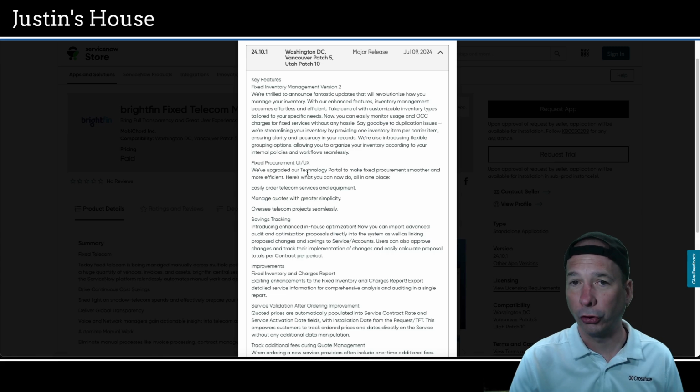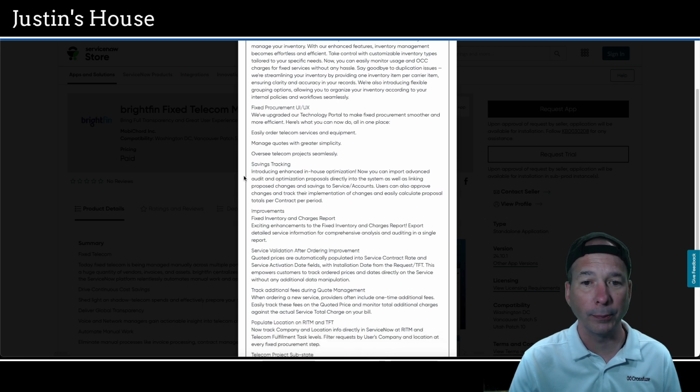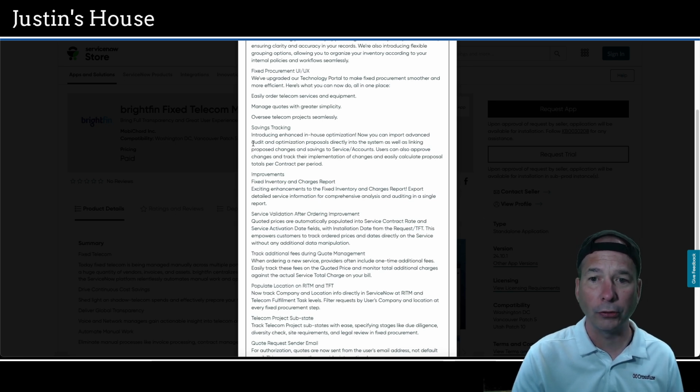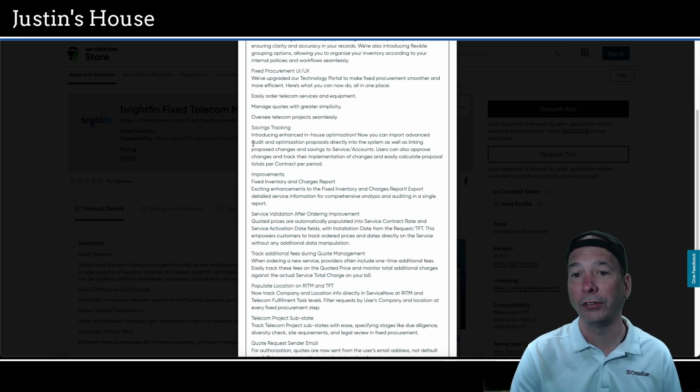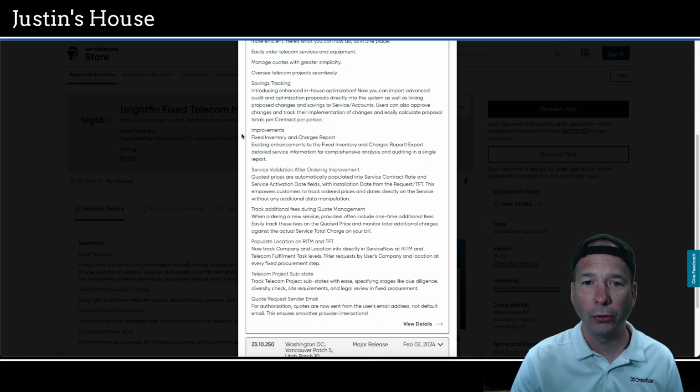They fixed the procurement UI or user experience by upgrading the technology portal, making it easier to order telecom services and equipment, manage quotes with greater simplicity, and oversee telecom projects seamlessly. They've introduced savings tracking through an enhanced in-house optimization. You can import advanced audit and optimization proposals directly into the system, as well as linking proposed changes and savings to service/accounts. They've fixed the inventory and charges report, and there's exciting enhancements to the fixed inventory and charges report,